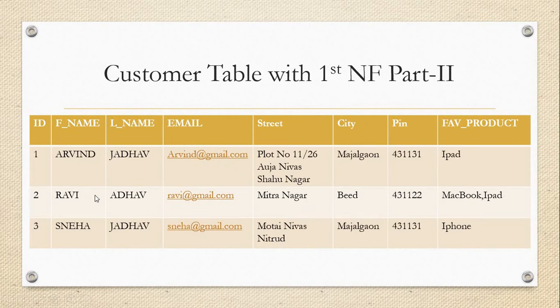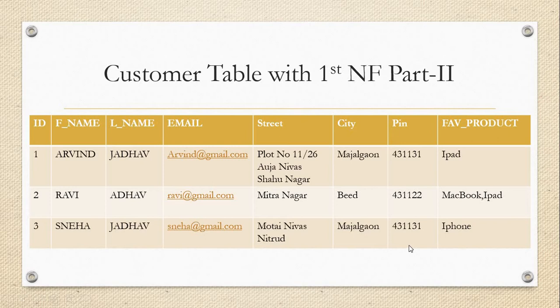Okay, so see, here we have first name, last name, email. I will update the address, street separately. We can even add the house number if you want to separate it again. Here I added the house number, because maybe here also the value is not atomic. I don't have space, so that's why I didn't update that, because I don't have room in the PPT. If you want to separate that, then you can. So the address will be divided into 3 different parts: street, city and pin.